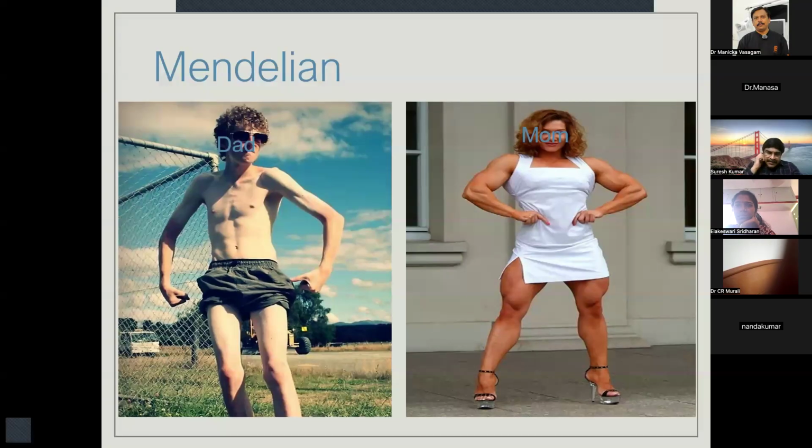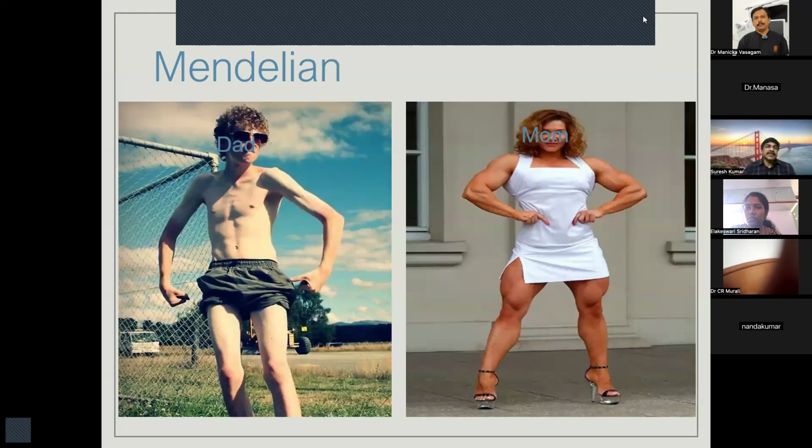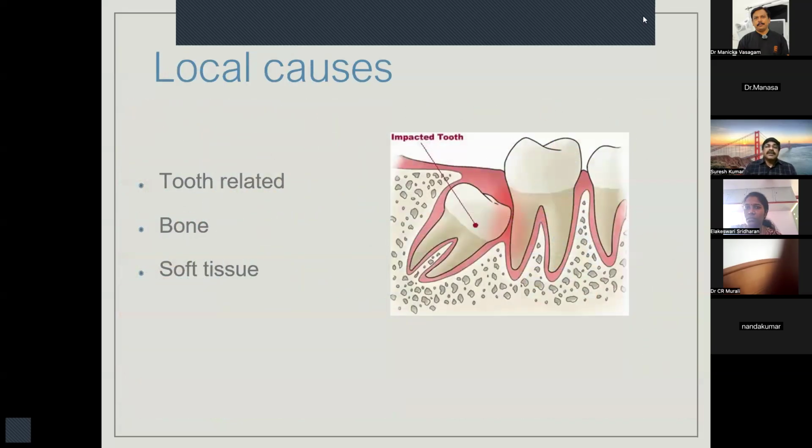The moment you say it is genetic to the patient, they will ask, my father did not have this problem. You can't explain all these things in detail to the patient, and it is not necessary also. Genetic, in the sense, you don't have to be inheriting directly from one of your parents. It is actually a mixture of signals coming from your father and mother, and from your grandparents also. So there is a mismatch between the size of the jaw and the tooth genetically, leading to impaction of the tooth. That explains the Mendelian theory.